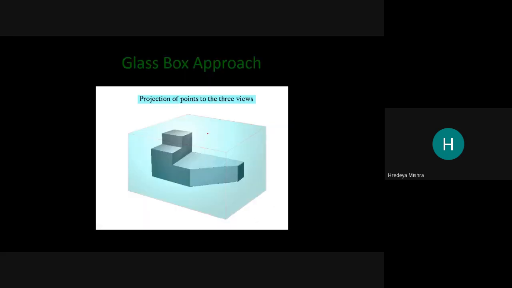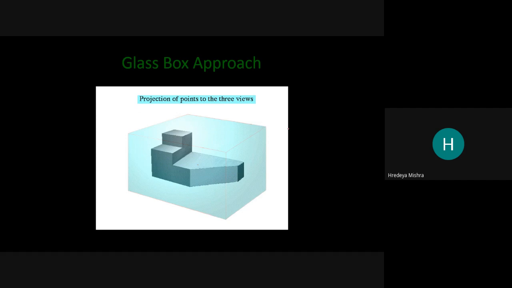Now, the glass box approach. So what is the glass box approach? We can use the glass box for the third angle as well as first angle projection. So here, see a glass box, put a glass box and put an object in the glass box.